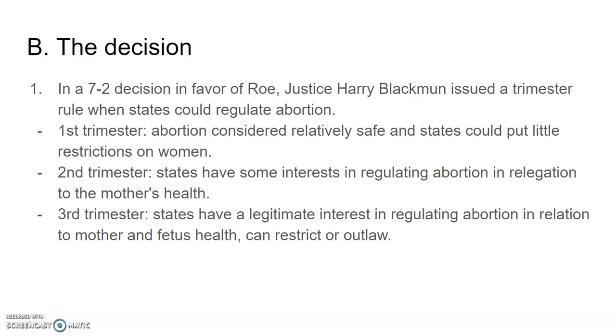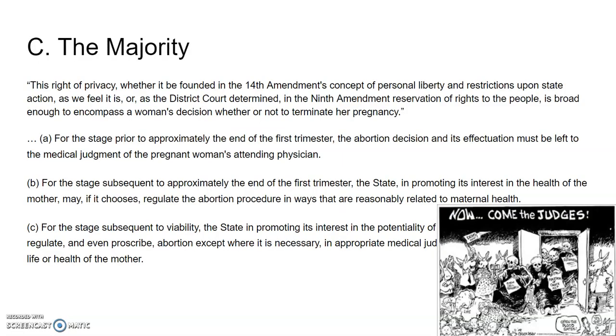Obviously, the later an abortion occurs, the more health factors you have to consider. And so basically, it's this graduated trimester schedule: the further along you get in a woman's pregnancy, the more restrictions a state could put on it. But it also gave the larger citation that the 14th Amendment's concept of personal liberty includes a right to choose whether or not you're going to go to term with your pregnancy. So basically the 14th Amendment is where they found it.